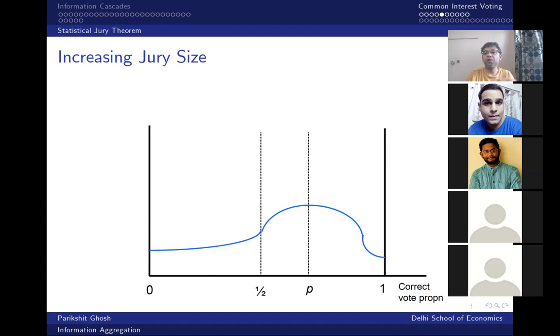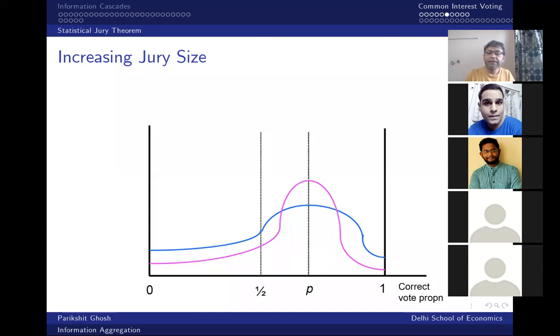Yes. So for a small enough jury, that could be a substantial probability because this distribution could be well spread out. Now, what happens if we keep all other parameters the same and just add more jury members, make the jury larger? I'll have a new distribution whose mean will still be P, but its variance will get lower. The distribution will get more clustered around its mean, which is P, right? So something like this. We'll have a new distribution, the pink curve, with the same mean, but much of the probability weight has moved closer to the mean,